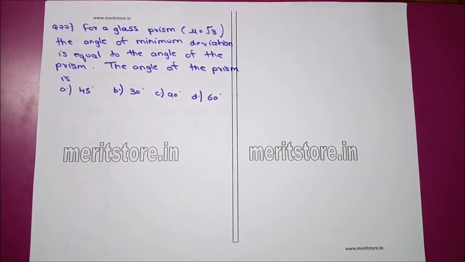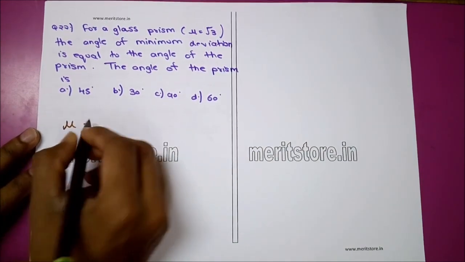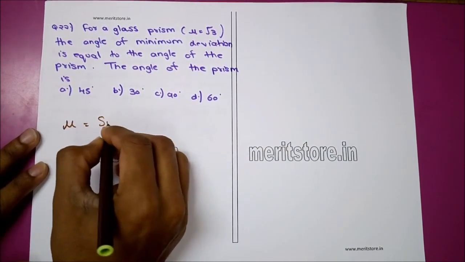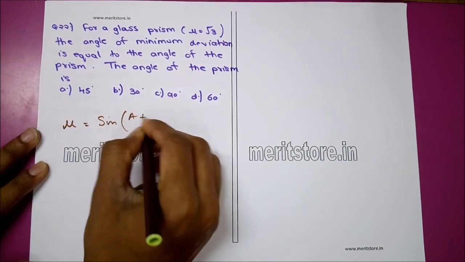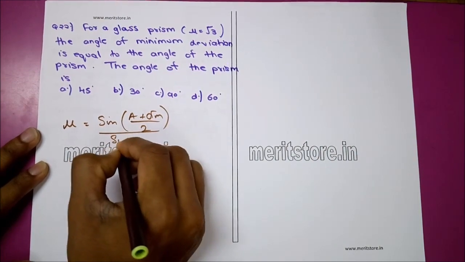For a glass prism, mu is equal to root 3. The angle of minimum deviation is equal to the angle of prism. What is the angle of prism? Options given are 45 degrees, 30 degrees, 90 degrees and 60 degrees. So using the prism formula, mu is equal to sine of (A plus delta m) upon 2, upon sine of